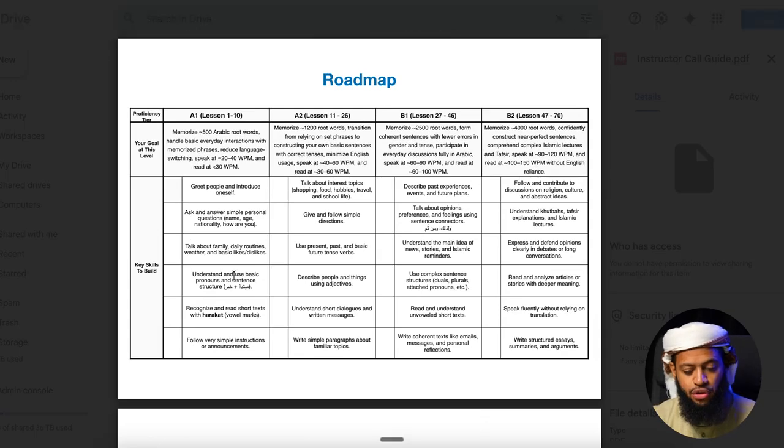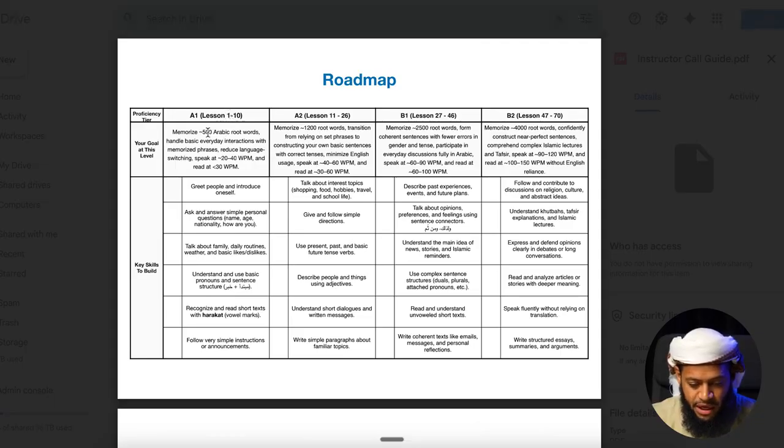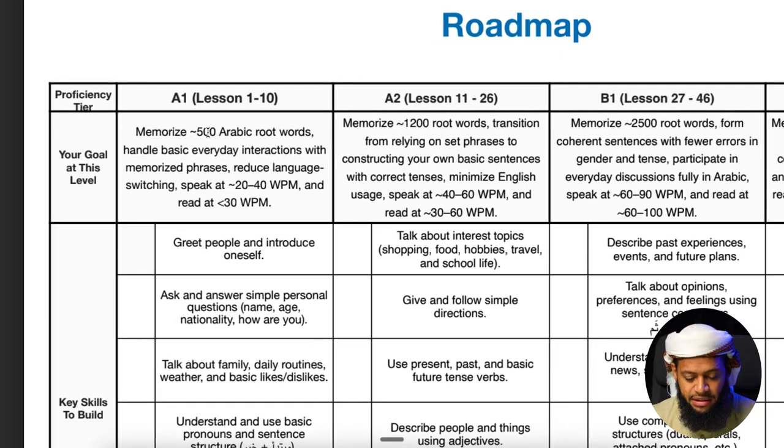In this case, the lesson that we just booked a call for is part of the A1 levels, which is the first lesson. Now, as you can see, in this stage, for the A1 from lesson 1 to 10, the goal is for you to